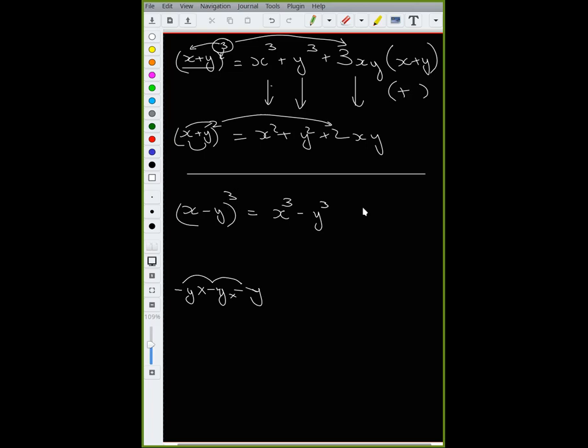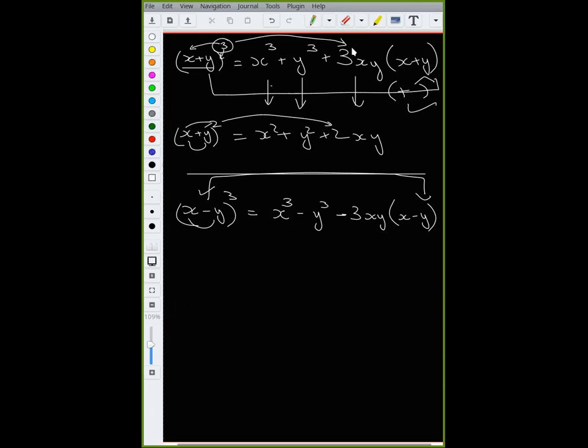Then 3 times the product of these two terms. Now what will the product of these two be, plus or minus? Minus. And what will I write here? xy. And what am I adding now? x minus y, because we have a minus, so we do the same term here. Whatever we had here, we're going to add that here. Okay, so that is it. Please copy this down. If you have any doubts, ask me, everyone.